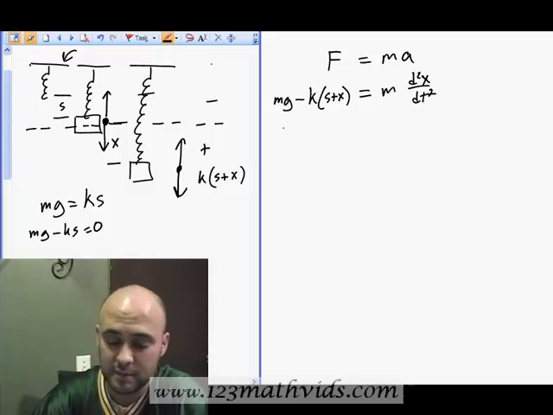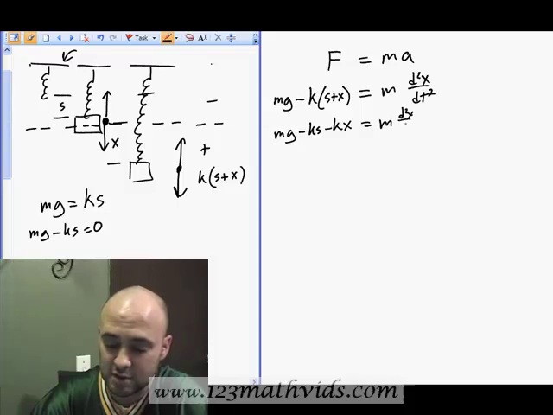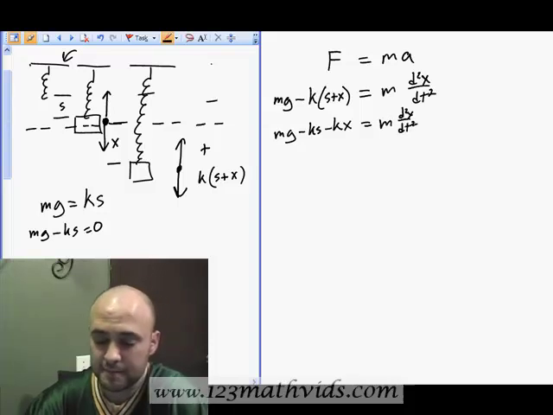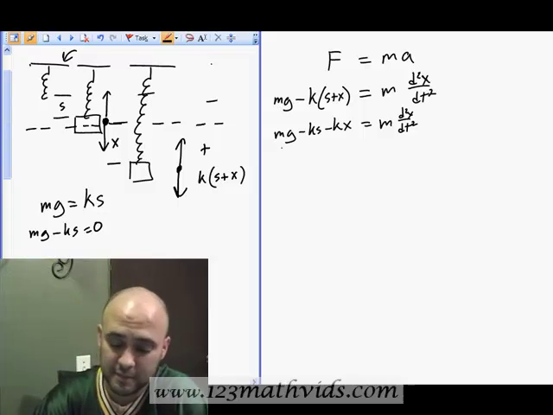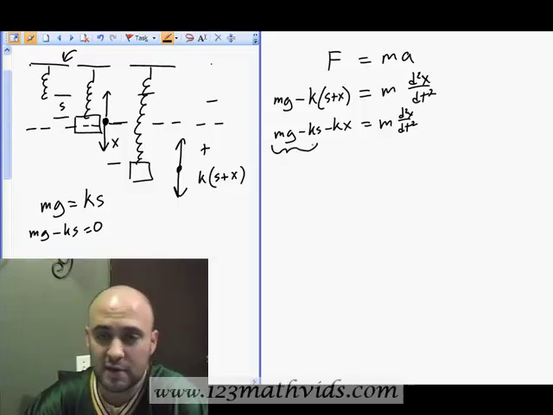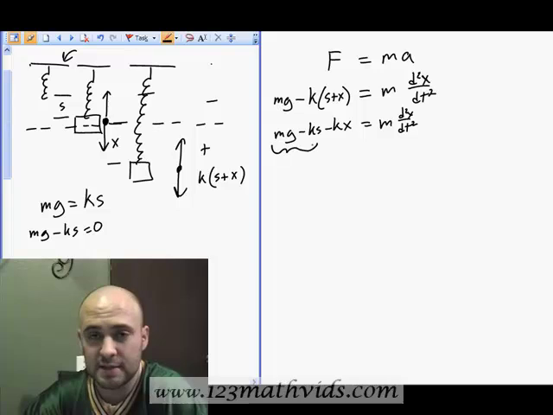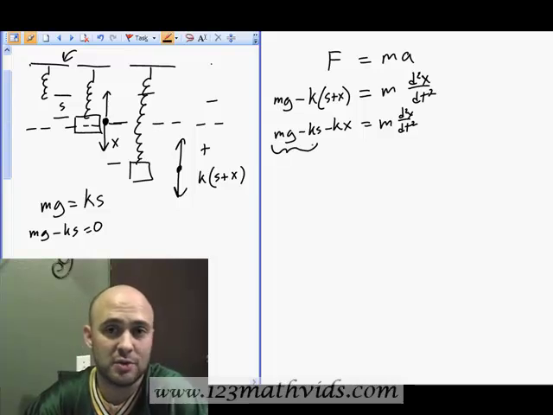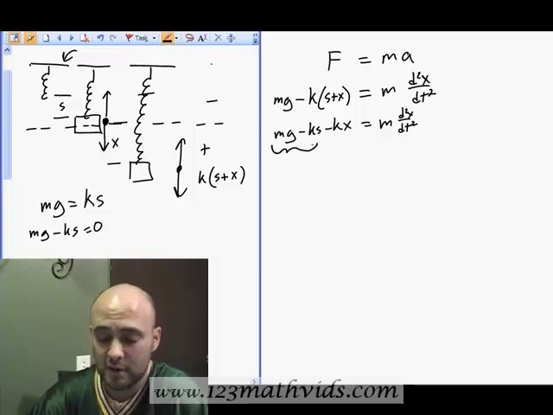Okay, so now we distribute, and that gives us mg minus ks minus kx is equal to mass times the second derivative of position with respect to time. And here we can identify those terms, mg minus ks, is what we already established, this was just 0. So what we're left with is